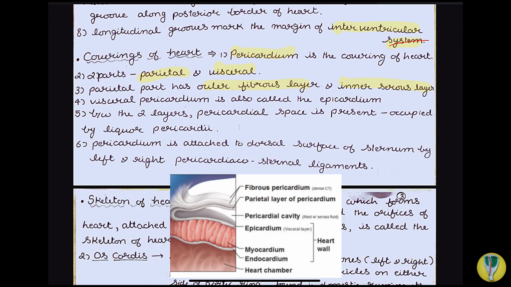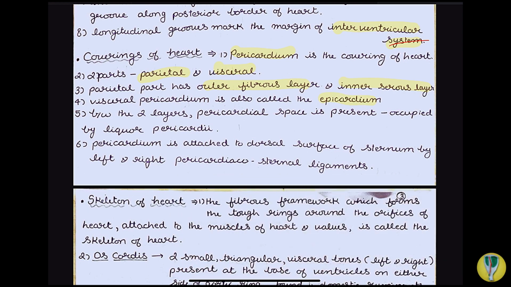So when we say what are the layers of the heart, we say we have epicardium, we have myocardium, we have endocardium, right? So epicardium is actually just the visceral layer of the pericardium. And pericardium itself has two layers, parietal and visceral. Parietal is separated into outer fibrous and inner serous. And between the two layers, parietal and visceral, there's a space called pericardial space, and it is filled with liquor pericardiae, or we can say